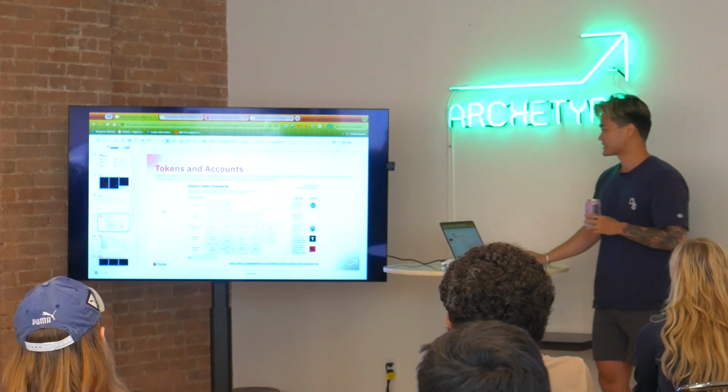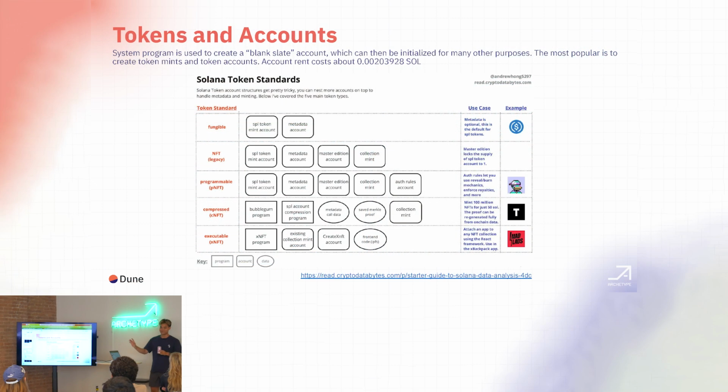Tokens and accounts. So this is important. If you've tuned out until now, this is something you do have to pay attention to. On Solana, everything is stored in accounts. You can initialize an account using the system program, which is a native program. It's not the best analogy, but it's kind of like a native precompile on Ethereum. You create an account, and it's a blank slate, and you can then add programmability